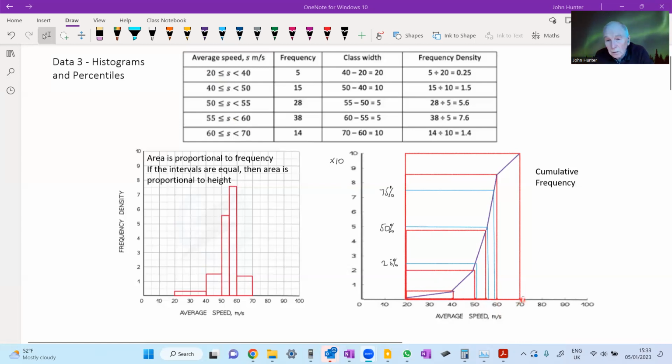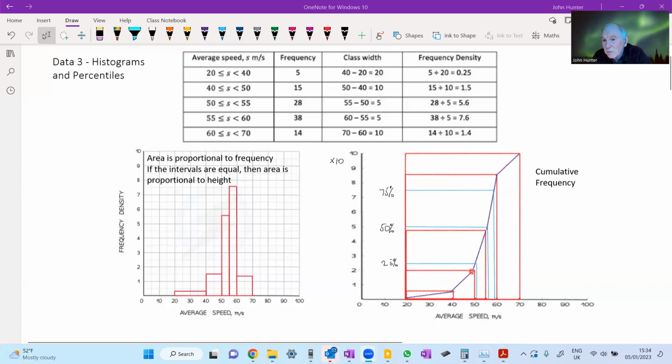That's captured all our frequency into that. So the boxes themselves don't tell us too much, but if we draw in this line which connects the corners up like this,